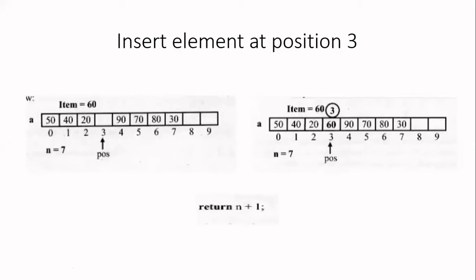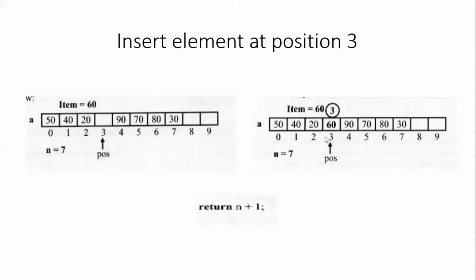It will be 90 only. Yeah, it will be 90 only. It will not be empty, because we are simply copying that to the next address. So it will be 90 only. But to understand easily, I have given here an empty cell. Now, the next step, what you have to do is, this is the item you want to insert, that you put in this position. So this 60, you have to put it in position 3.